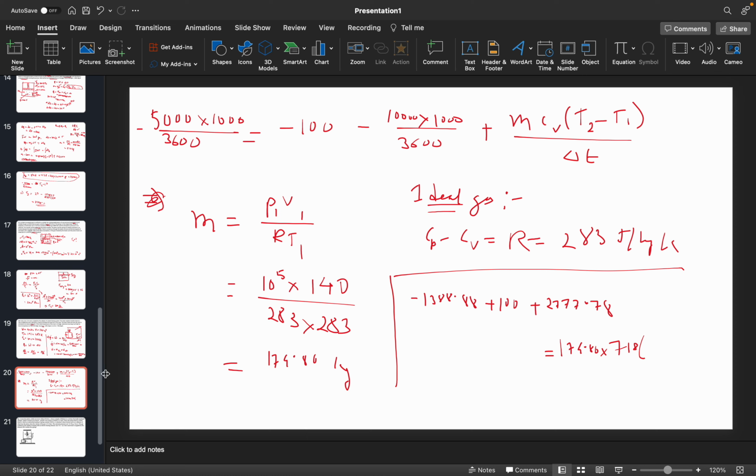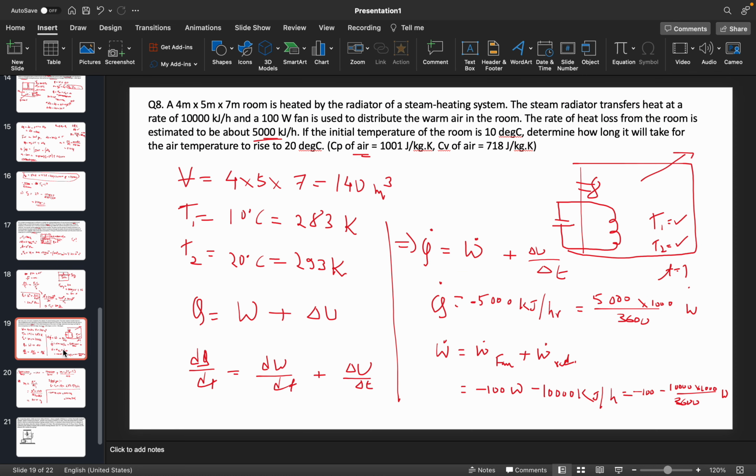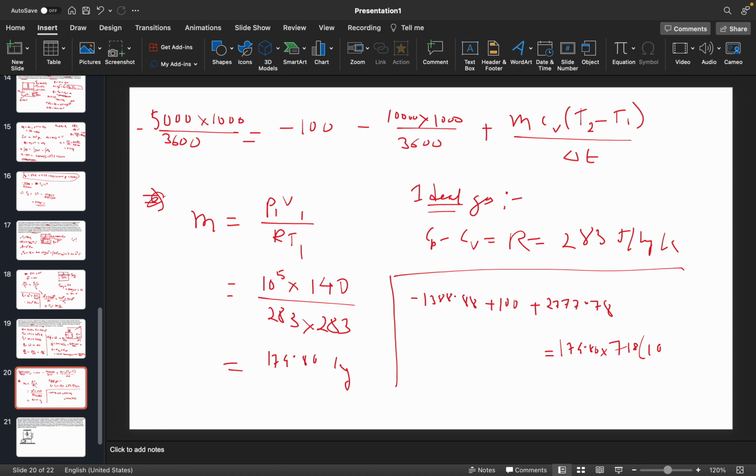T2 minus T1 we can directly write as 10 degrees Celsius divided by delta T. Okay, so 277.78 plus 100 minus 1388.88, okay, 1488.9, and this will be your